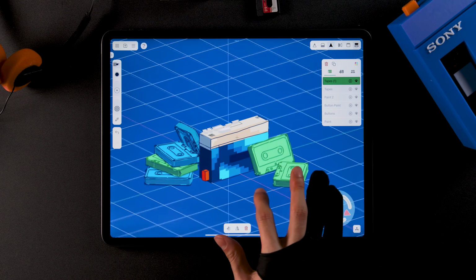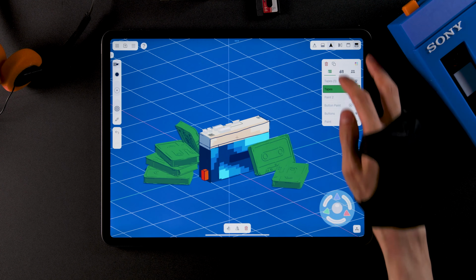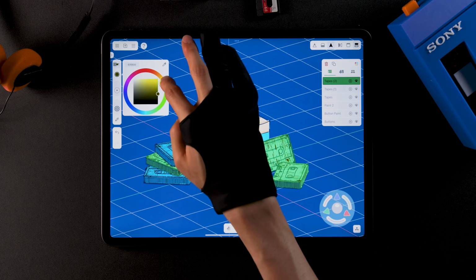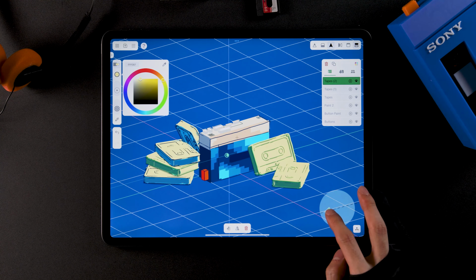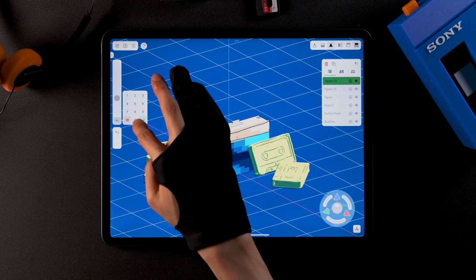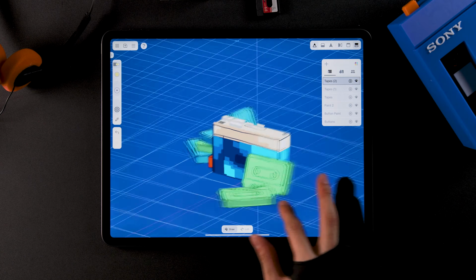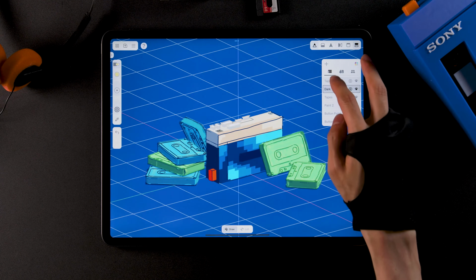You can also use this method to highlight brighter areas. Select the tapes group again and duplicate it. Change the duplicated group to a bright yellow. Use the 3D joystick to move it slightly. And remember to lower the opacity. Looks good, doesn't it? Rename the groups to dark and bright, then close the group tab.